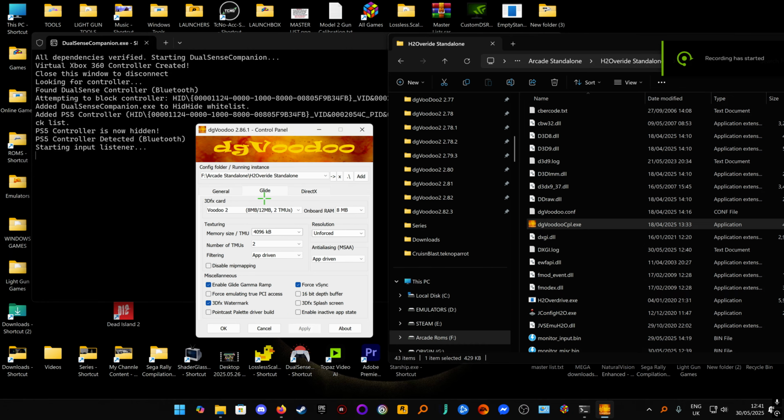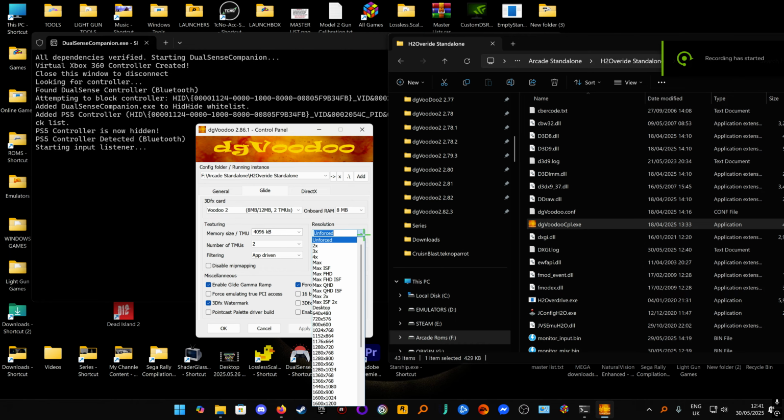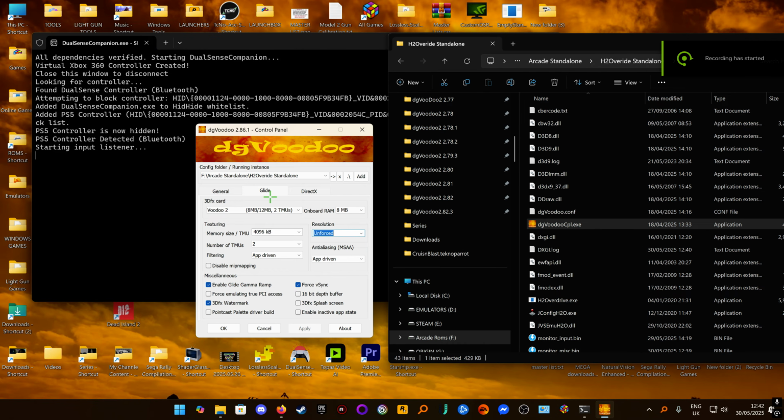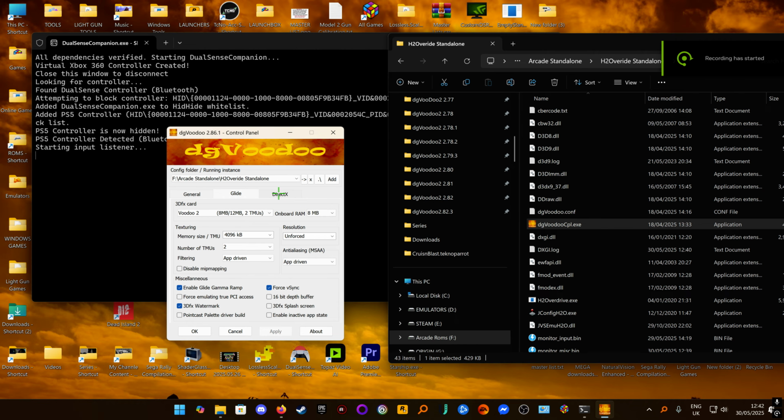So this is for really old games. This is called Glide. Some games used a Glide graphics card at the time, and they will also be on like 480p, something like that, and you can change the resolution with the drop down menu. But at the moment we're just doing DirectX. But if you've got a Glide game, a 3DFX card, you can change the resolution also with this program. But seeing we're on DirectX 9, I'll go over to the DirectX tab,